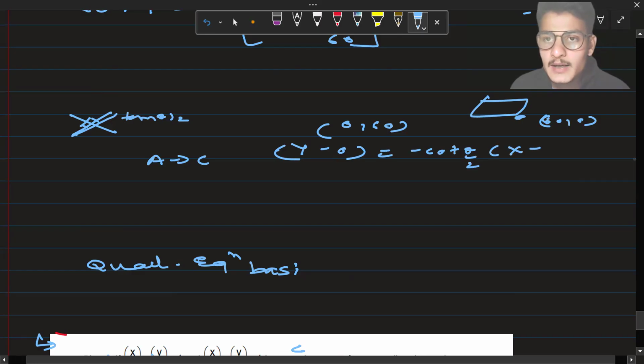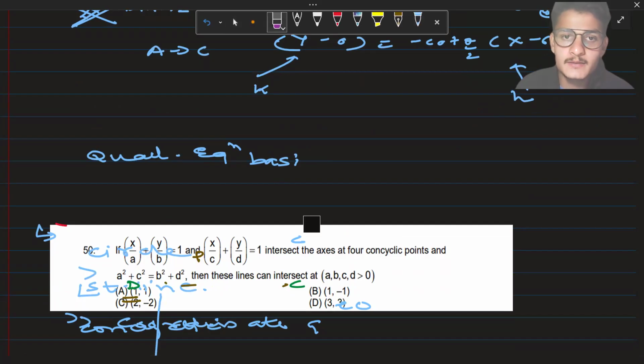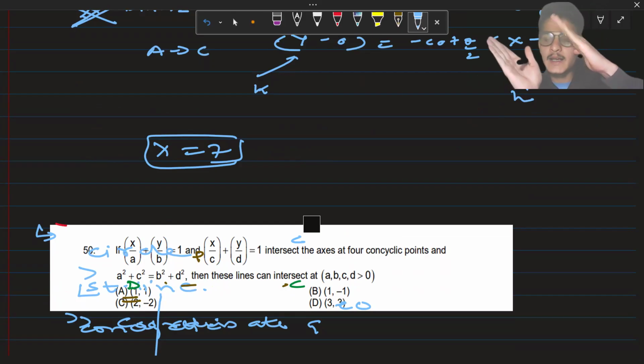And it will become my x minus 60. Putting now h here, k here, and h here, you will see that now x will come as 7. Theta will get cancelled because of the property of the rhombus, because the sides are getting tilted, so x and